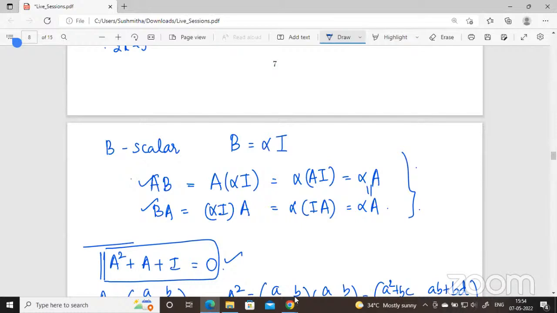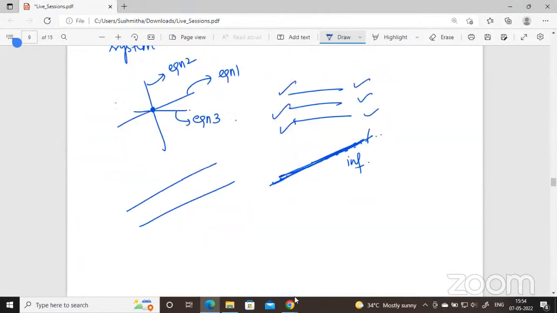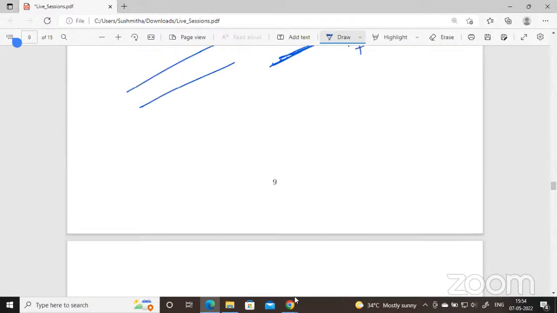Ma'am, I have a doubt. Can we add two determinants? Like determinant of A plus B equals determinant of A plus determinant of B. You tell me the answer. Ma'am, I'm confused. We know that determinant of A into B is determinant of A into determinant of B. Is the same applicable for addition? I'm saying it is not. Can you give me a counter example?